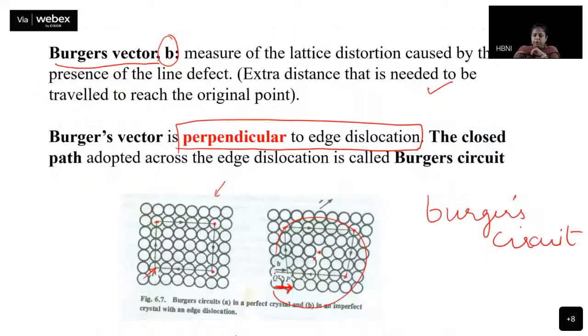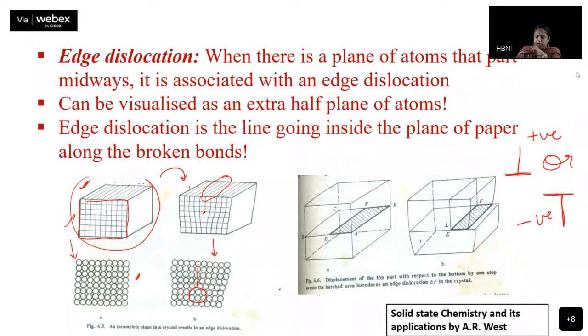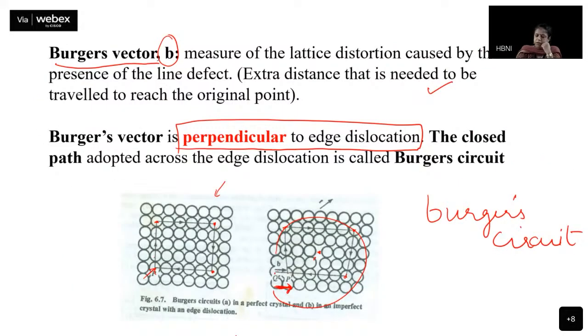All right. A little thing that I would also want to tell you here. The particular plane where all this action is happening, that is A, B, C, D, that is called the slip plane. And this portion A, B, F, E, this is called the slip part of the plane and this is the unslipped part of the plane.